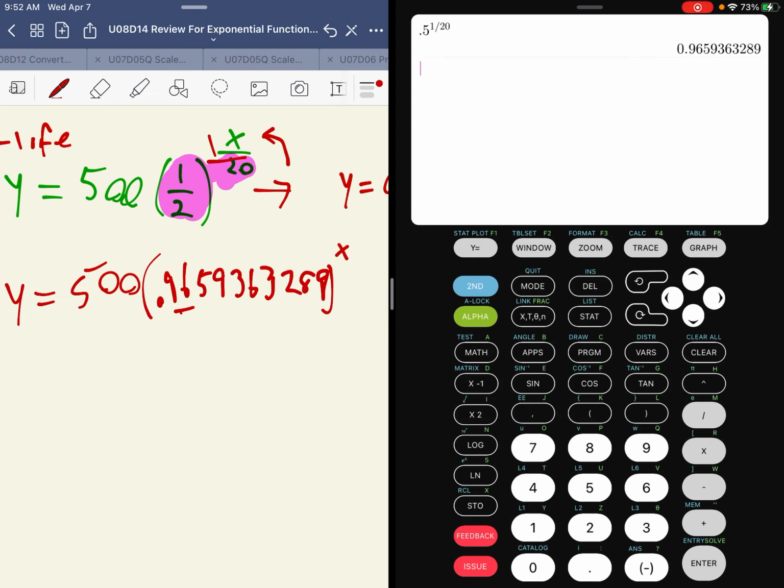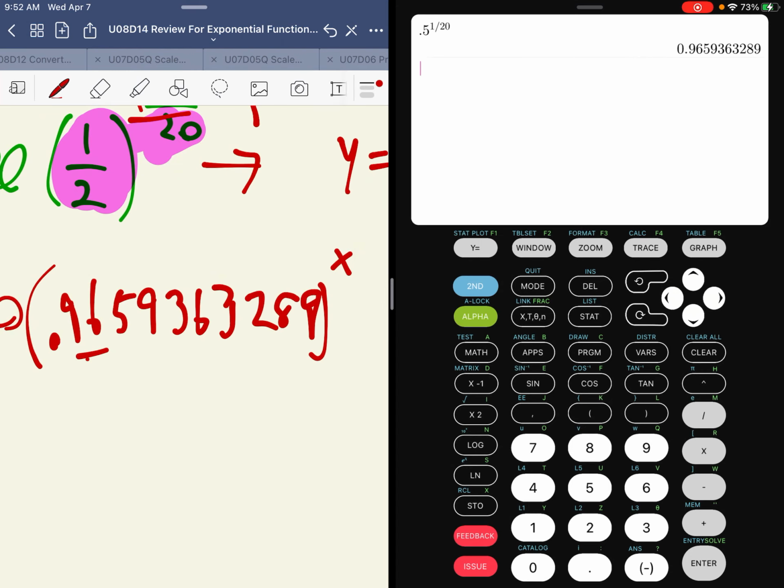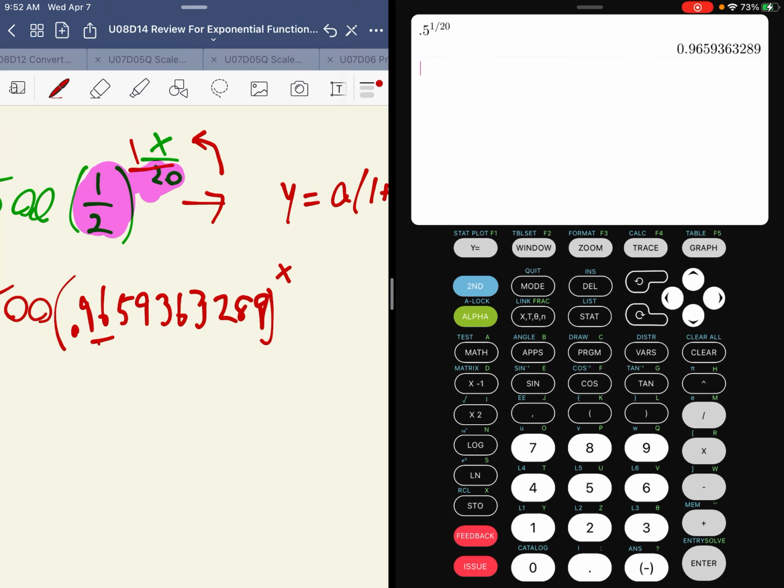From annual, we can convert to any other type of a rate. First, we'll convert this into a monthly rate, and then we'll show how to do an exponential rate. So if I wanted to make this a monthly rate, what I'm going to do is I'm going to change this exponent by multiplying, making it into a 12 over 12x. Pretty much I'm going to multiply it by 1, which is what 12 over 12 is,